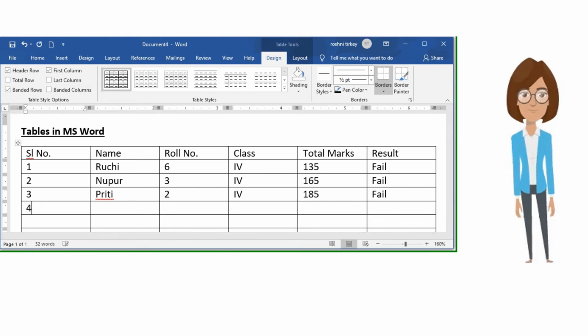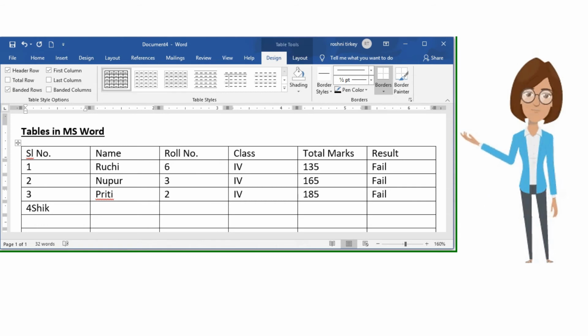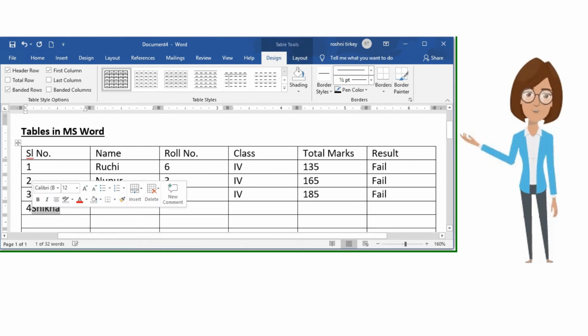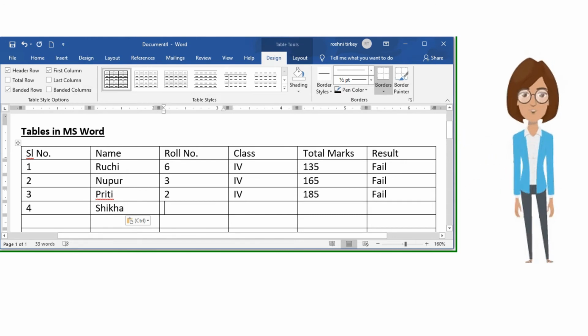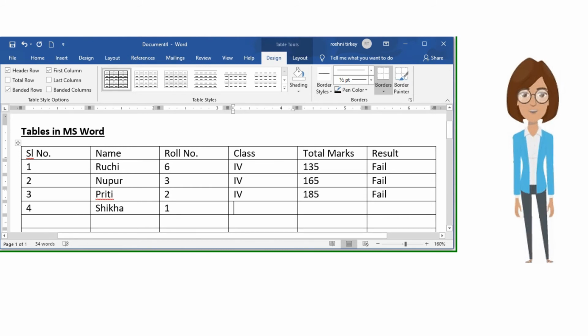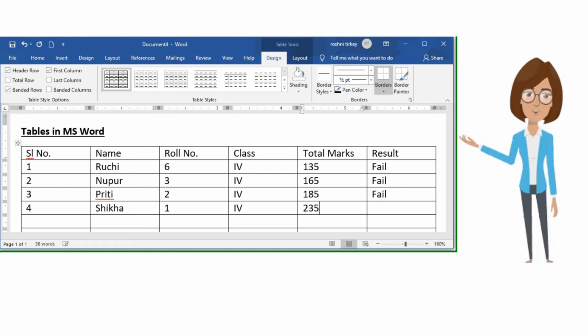Serial number 4, name Sikha. Roll number 1, class 4, total marks 235, result pass.